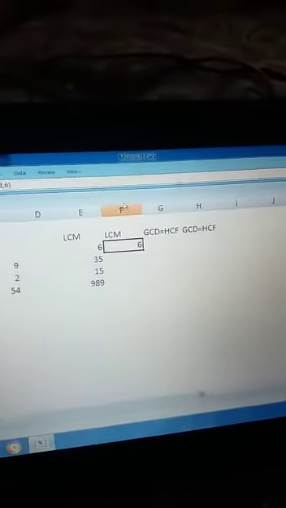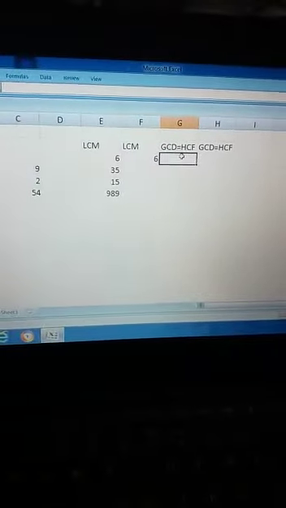Then click OK. Here comes 6 again. By simply dragging it down, you will get all the LCMs. Now I will tell you how to find GCD or HCF.